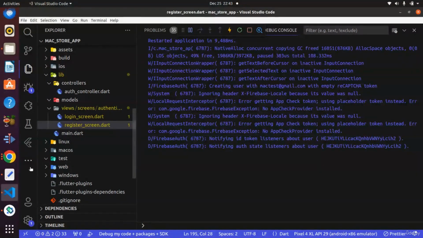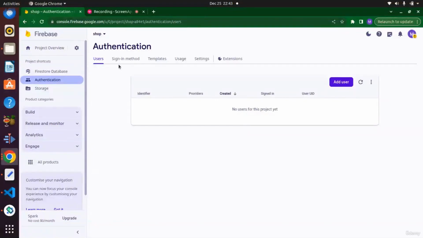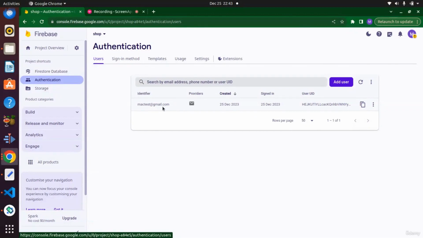Okay, no errors. And let's go to this to see the newly created user. And great, marktest, and the provider is the email, created at 25 December 2023, and the user UID is this. Okay,